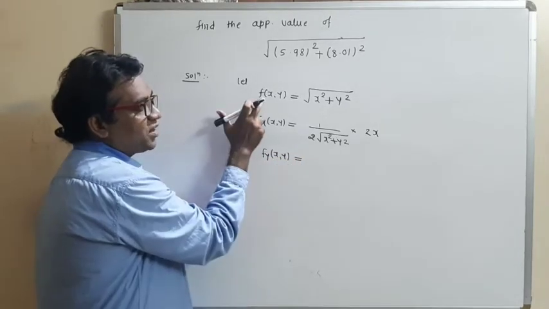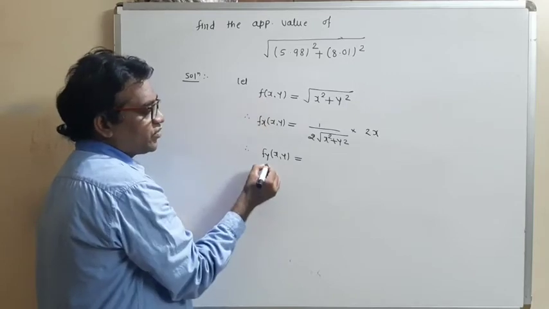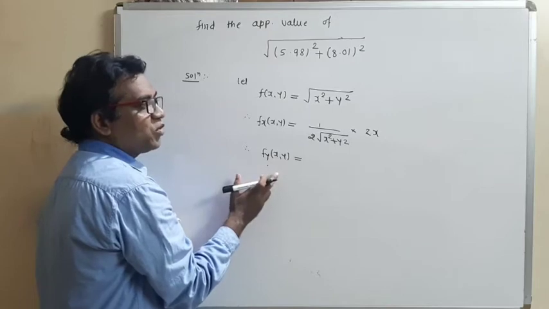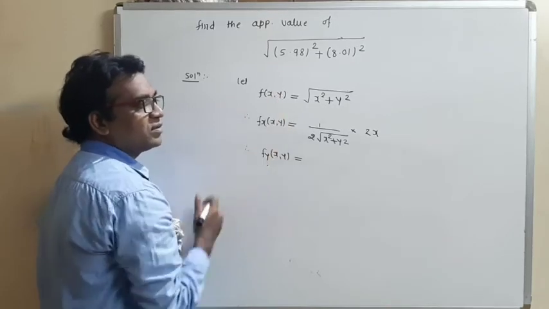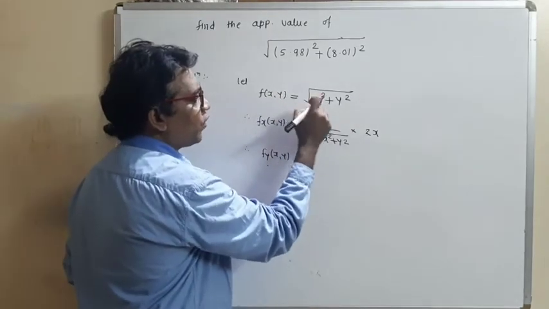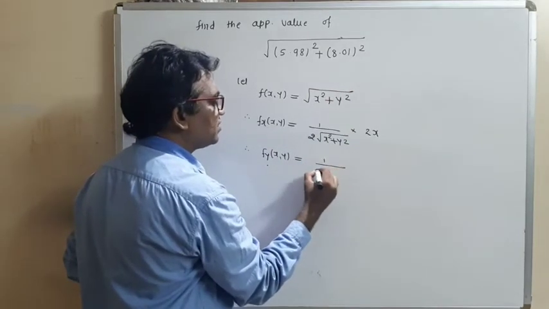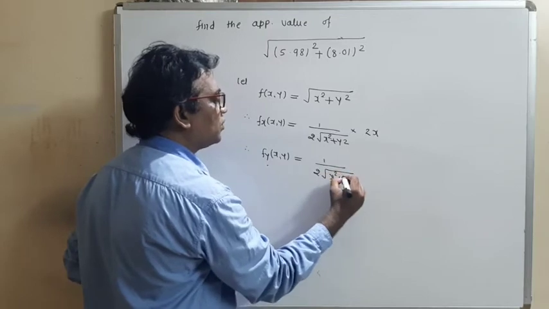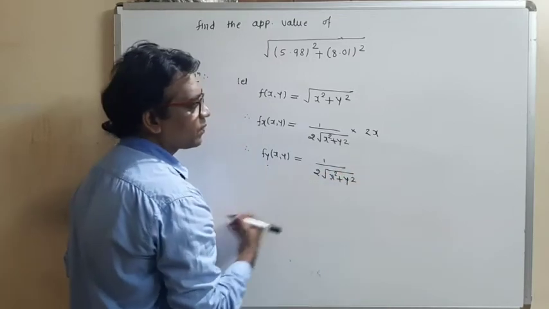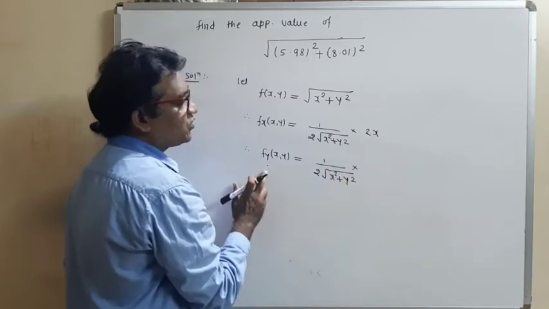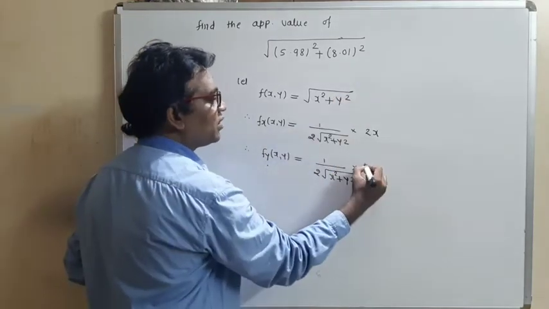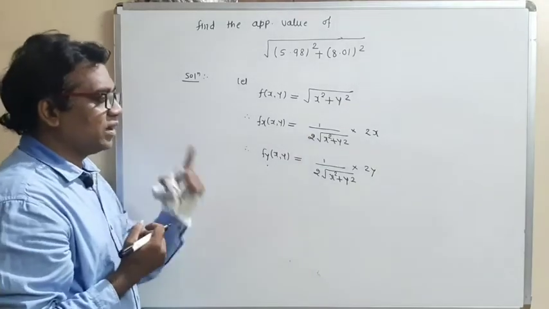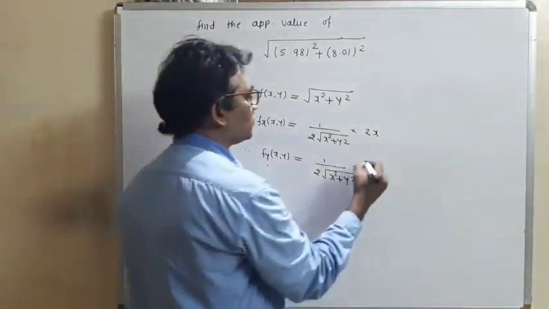Now find the next derivative, the partial derivative fy at (x, y). So differentiate this function f partially with respect to y. Partial derivative with respect to y means we have to keep x as a constant quantity. First of all, the derivative of the square root function is the same formula, 1 upon 2 root (x square plus y square), into, according to the chain rule, the derivative of the inner function. The derivative of x square is 0 because it is a constant quantity, and the derivative of a constant is 0.